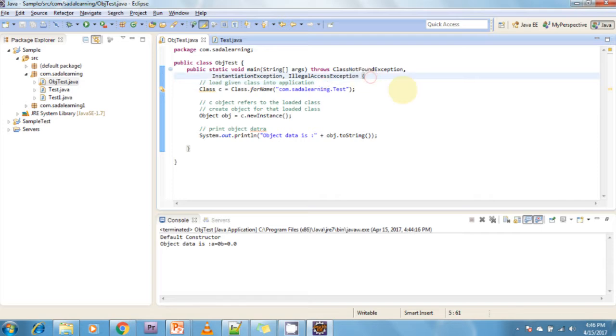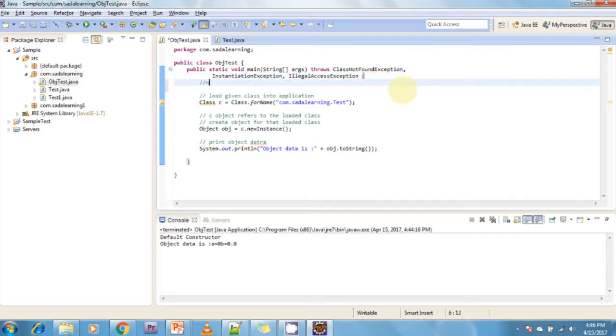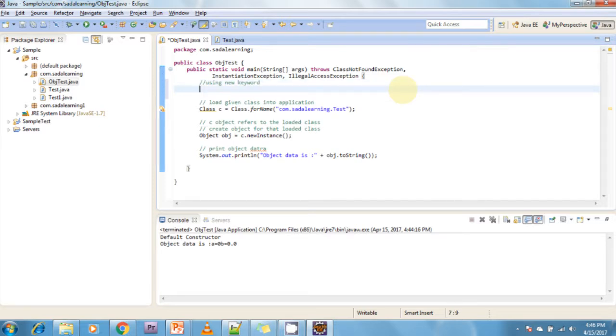It's going like this. I'm creating an object by using the new keyword, that is, Test t = new Test. See here, whenever we call Test t = new Test, it automatically creates an object